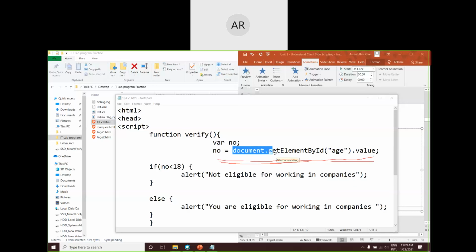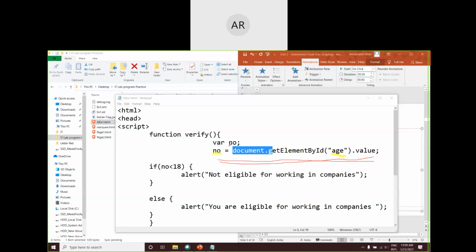This getElementById is a predefined method which will select or get elements identified with a given identification name. This identification name is age for us, which we have given in our program for the input box. And I am telling it to get the value of it and return it back into the number variable which we have declared.